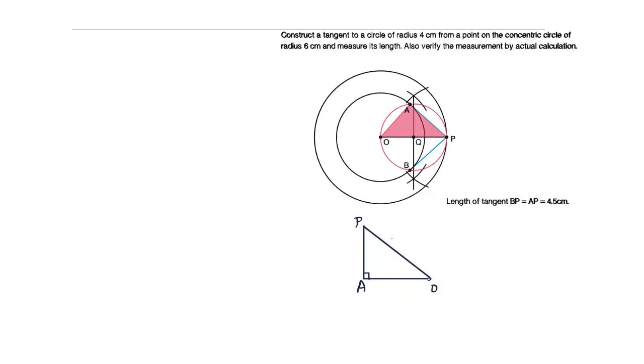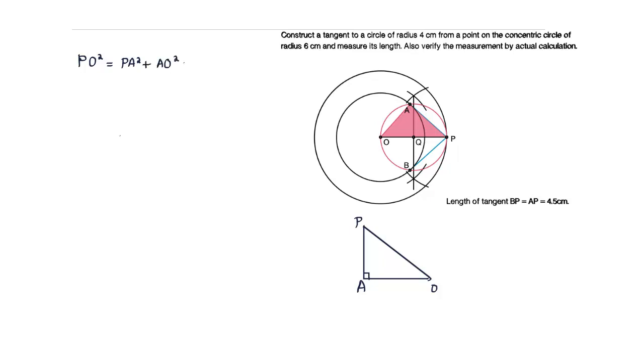It is the longest side in the right angle triangle. So it is PO for this problem. And one more definition for hypotenuse is the side which is opposite to the 90 degree angle. So let me write the Pythagoras theorem using the symbols. PO square is equal to PA square plus AO square.